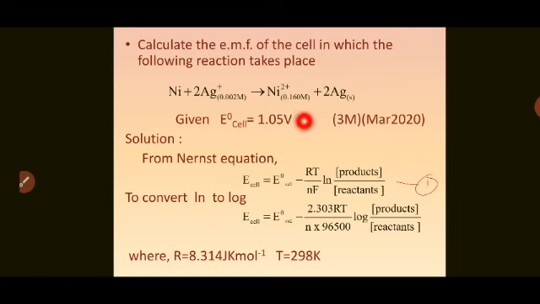You can see here the charge on nickel is 2+, meaning 2 electrons are lost. So in oxidation, if 2 electrons are lost, obviously in reduction 2 electrons are gained. That's why here 2 Ag+ is given, that is 2 into plus is 2 plus. So how many electrons are exchanged? Only 2 electrons. And this is a very important part, to identify the number of electrons. The next important part is to identify which is the product, meaning which value should be taken at the numerator and which at the denominator.